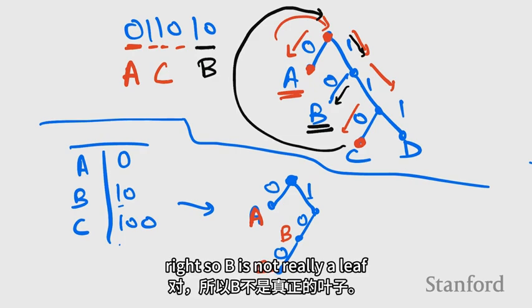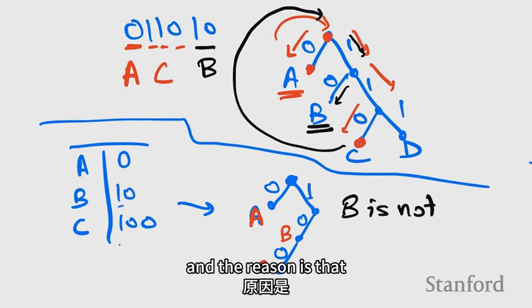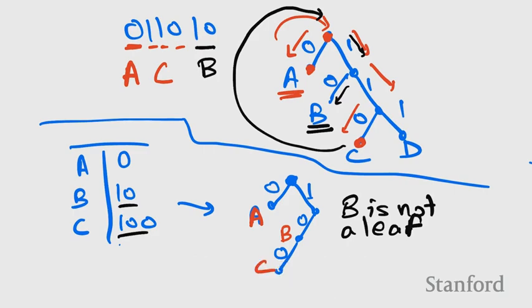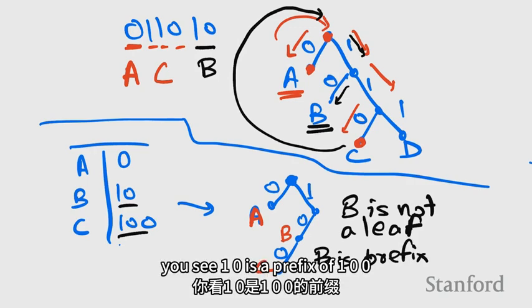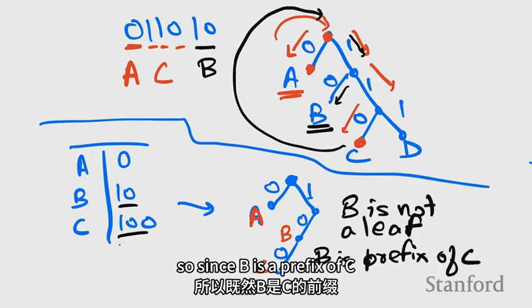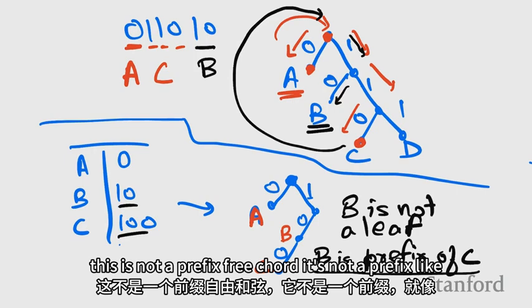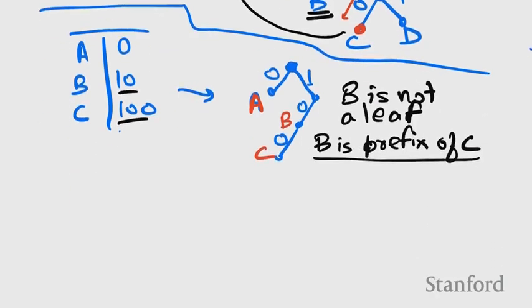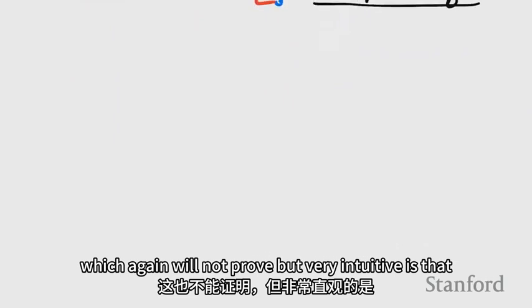So B is not really a leaf, and the reason is that B is a prefix of C. You see, 10 is a prefix of 100. So since B is a prefix of C, it's not a leaf. This is not a prefix-free code. So this is a property which again we will not prove but is very intuitive, is that